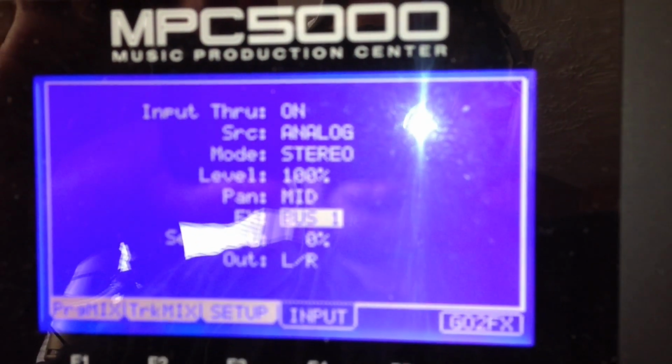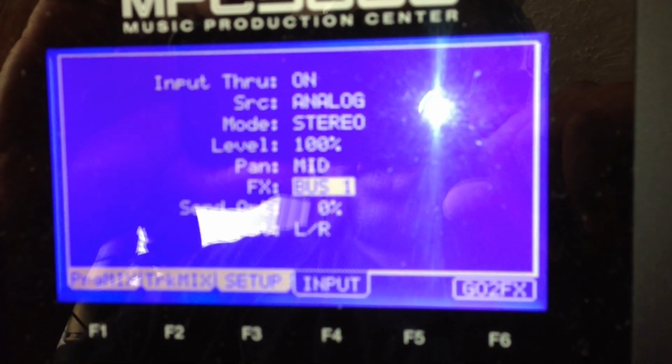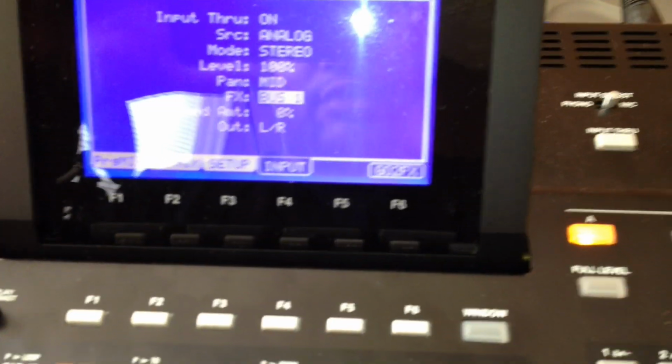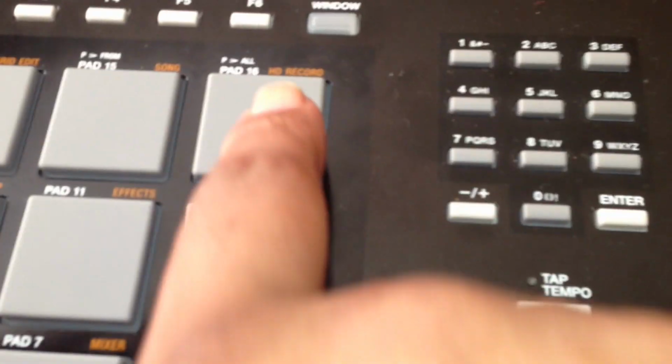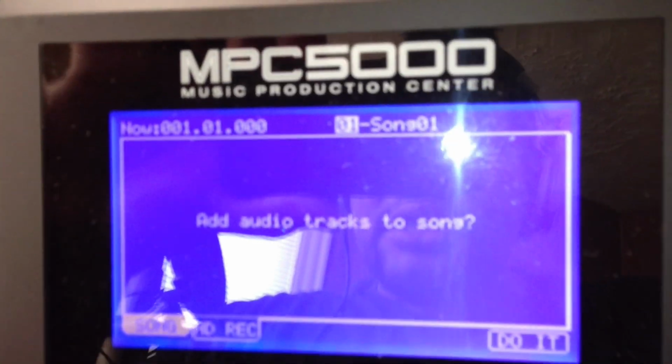So we go back to input through. We check everything. Your through is on analog stereo 100. Compressor is on bus 1. Alright, now time for hard disk recording. Good grief. Mode. And then hard disk recording, which is pad 16. Then it brings up this